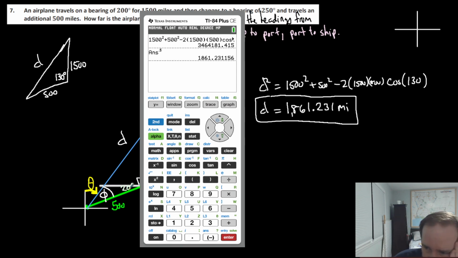So by alternate interior angles, we know that the green and a horizontal make 20. So the green and a horizontal down here make 20. Do I care? Yeah, of course I care. All right, so our first step is to actually find phi, which is the angle located inside the triangle. And you guys remember how to do that, right? It's going to be law of sines. So we're going to want to do the sine of the 1500